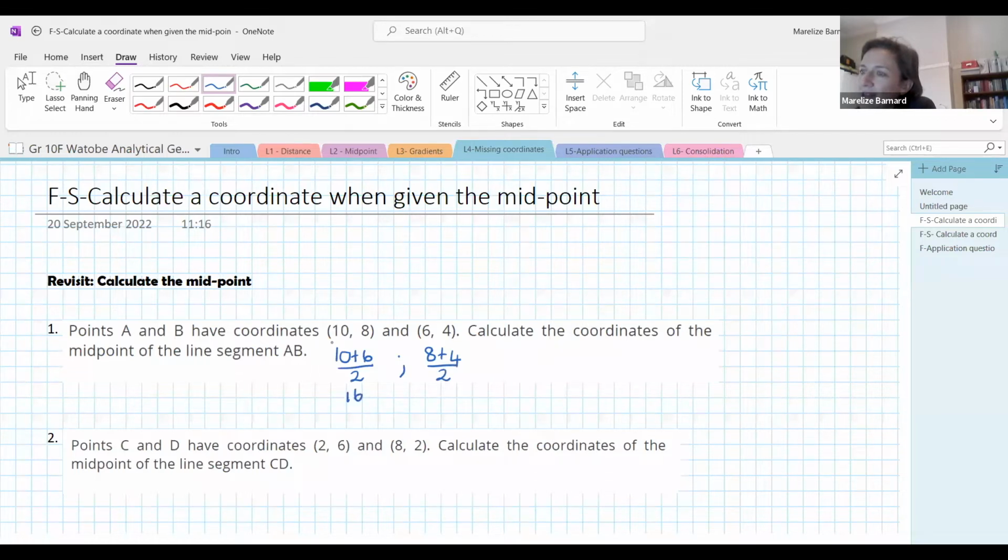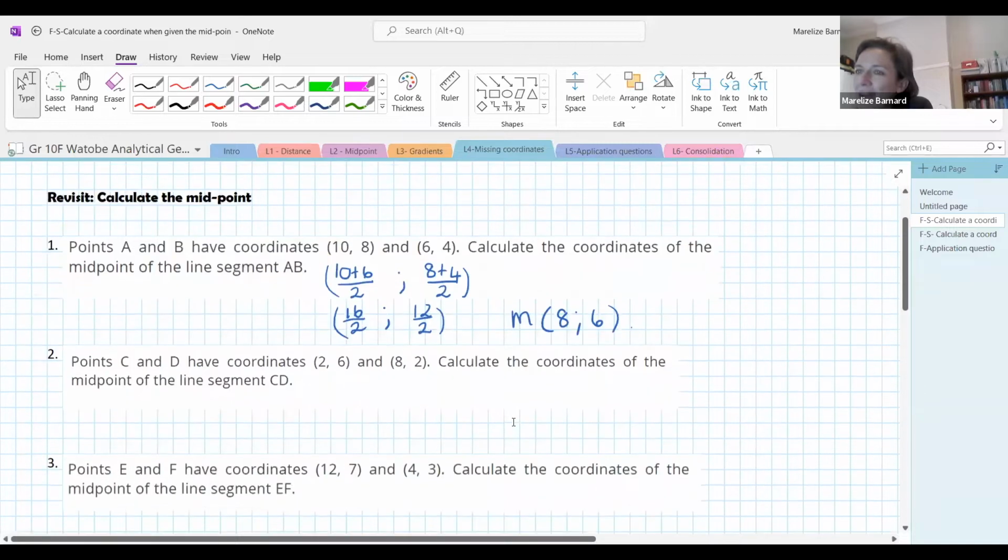So that's 16 divided by 2, and that is 12 divided by 2. So that's going to give me a midpoint coordinate, and I'm going to label it an M for midpoint. 16 over 2 is 8, and 12 divided by 2 is 6. Well done, everybody. Okay, now that we've woken up our brains, let's go on to question 2 and then also